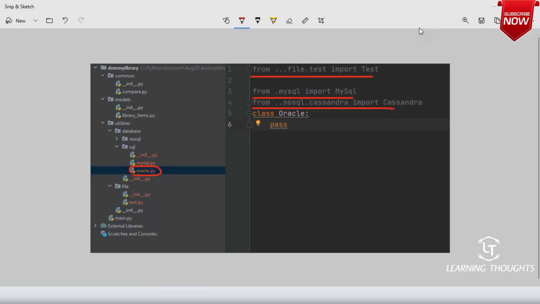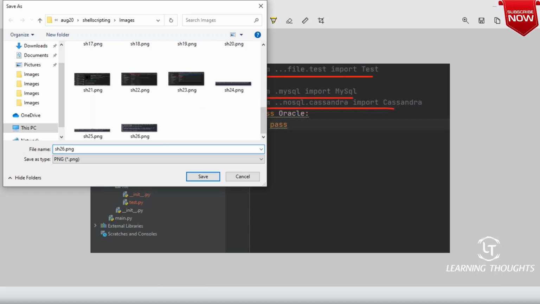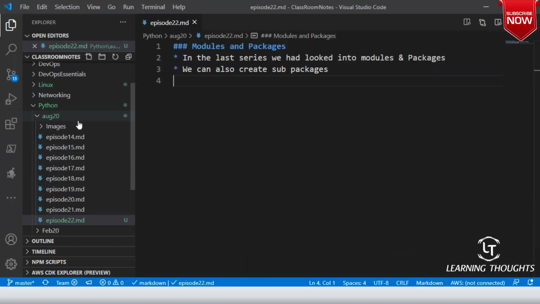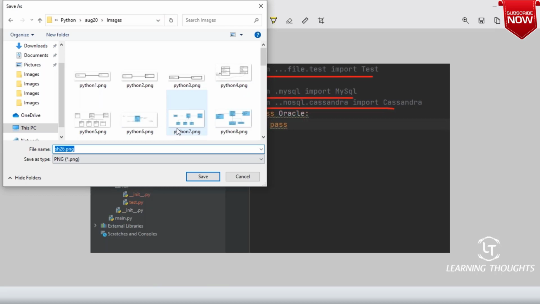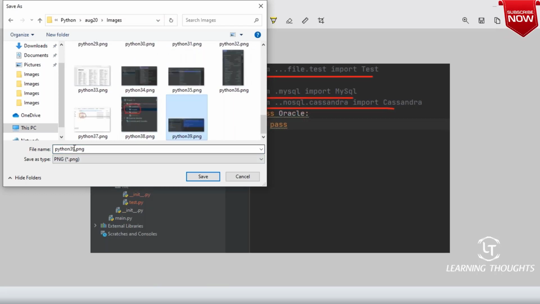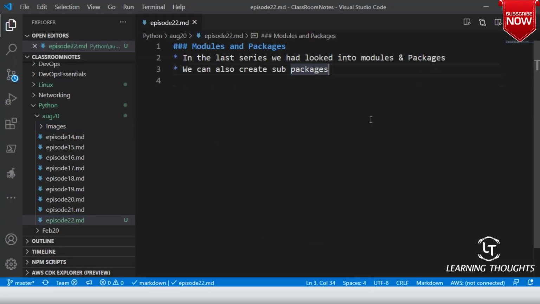And if you know a little bit of Linux, whenever we want to move from one directory to another directory, we use this dot dot notation. So let me save this and let me use this notation.